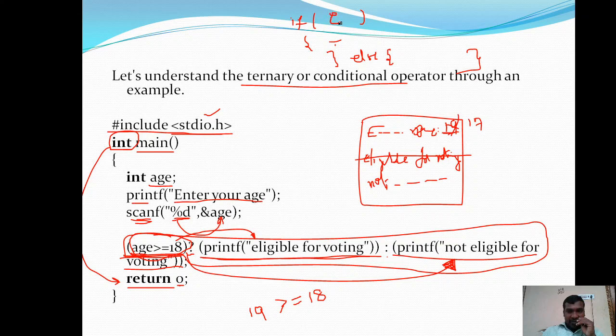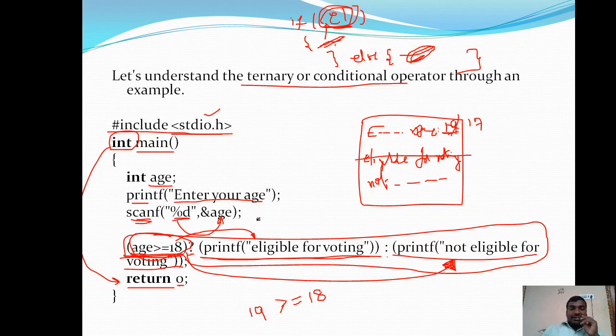In an if else statement, it evaluates the condition specified after the if. If the result of expression 1 is true, then the true block will be executed. If the result of expression 1 is false, then the false block, that is the else block, will be executed.